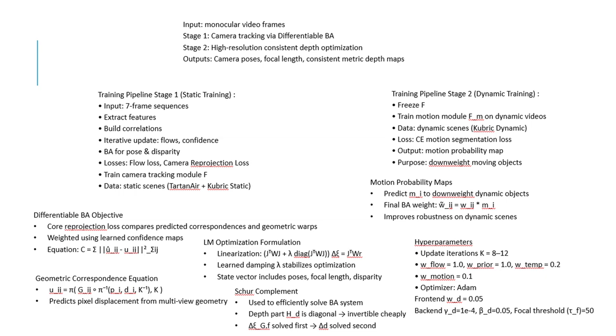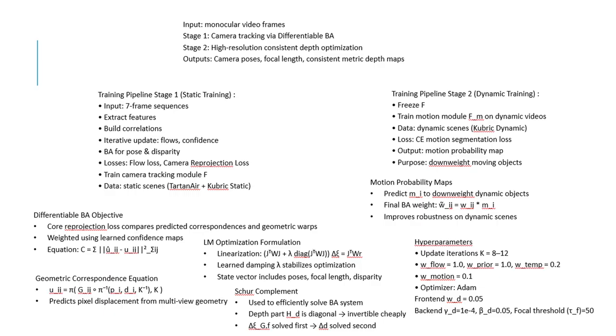Here the differentiable BA objective is the reprojection loss comparing predicted correspondence and geometric correspondence, which is weighted using the learned confidence maps. Next, the geometric correspondence equation we already know. It is used for predicting pixel displacement for multi-view geometry. Then LM optimization, where the state vectors indicate poses, focal length and disparity. Then the Schur complement to get the fully differentiable BA. We are using this Schur complement technique to get the fully differentiable bundle adjustment, which is used to efficiently solve